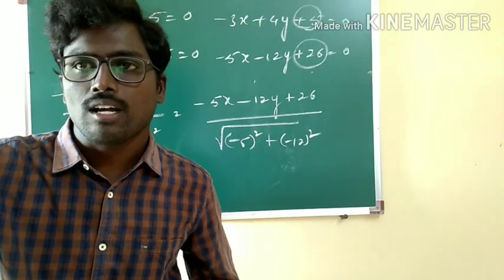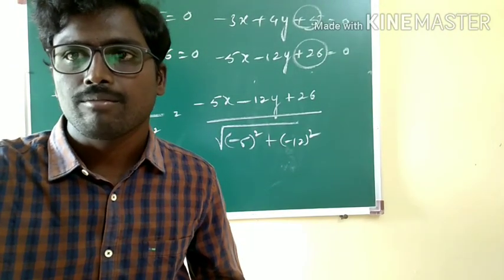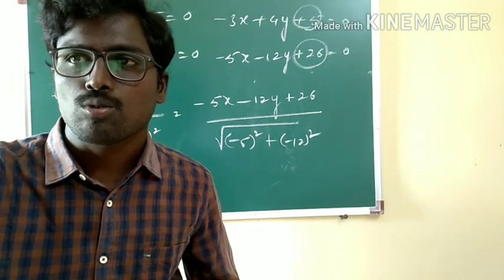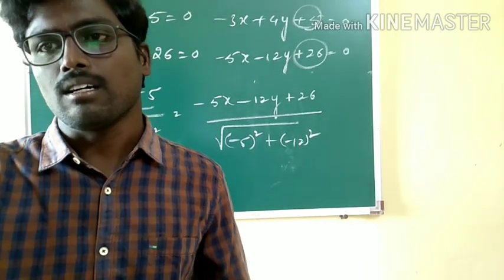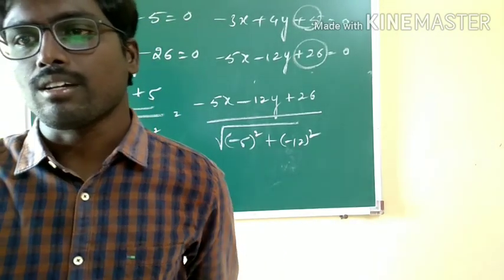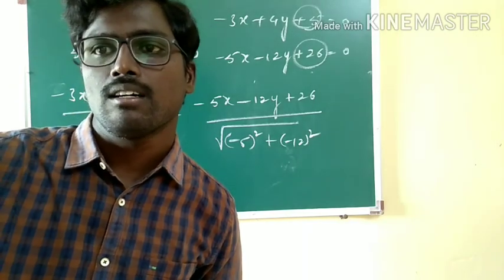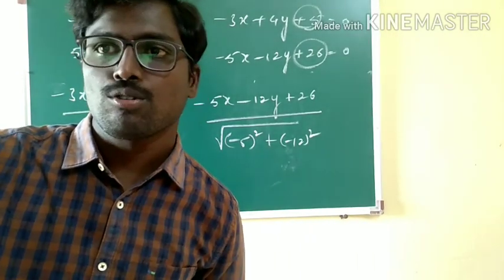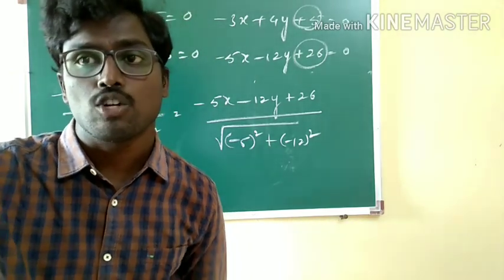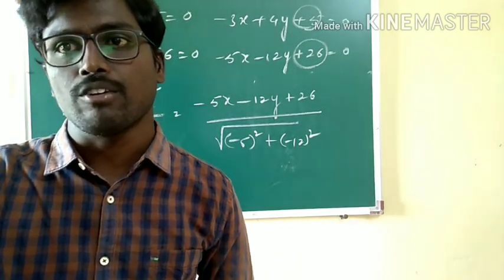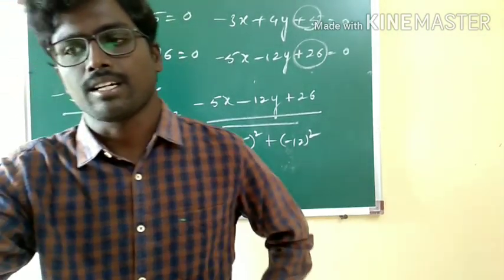And I am going for the cross product. What will you get? You are going to get the requirement of the acute angle, because here we are talking about only the acute angle bisector. Even this kind of problem we have done in the example also, where we got minus 56 as the a1 a2 plus b1 b2 value, then we have taken accordingly.